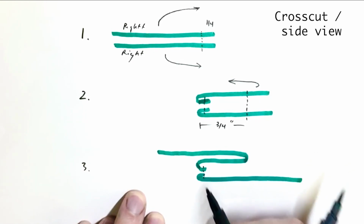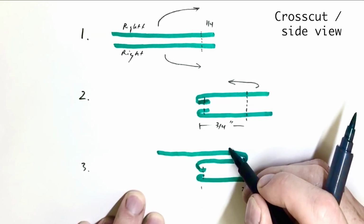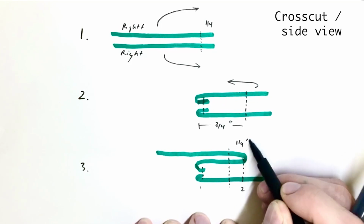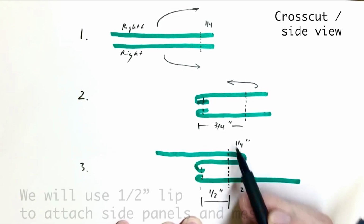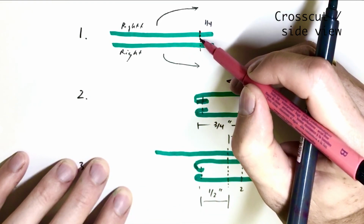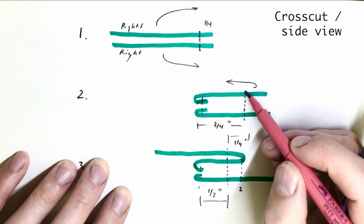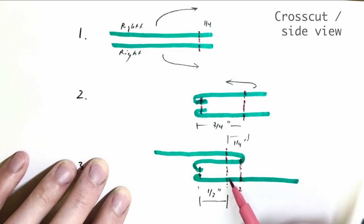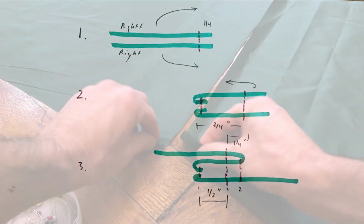So still a seam number 1, seam number 2, 1, 2, and then we're gonna do a seam number 3 from the top, and this is gonna be a 1/4 inch away from this seam, and 1/2 an inch here for this part. Okay, so again, first a seam 1/4 inch wrong side to wrong side, turn the inside out, do a second seam here, and then we're going to fold one side out this way, and we add a seam here 1/2 an inch for the lip and 1/4 inch from the seam number 2. So